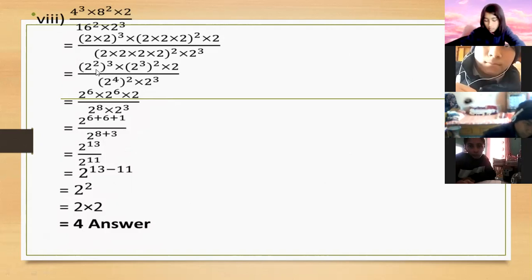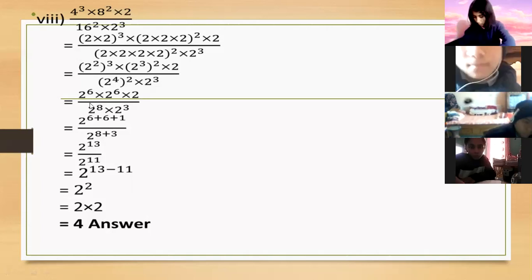Okay, 4 cube. 4 means 2 square and its whole cube. 8 means 2 cube. 8 means 2 into 2 into 2. And this, I have already told in laws of indices, if a power also has its whole power, the power and whole power will be multiplied. 2 to the 6. And outside there is 2. Then if all the bases are same, we have to write only one base and add their power.